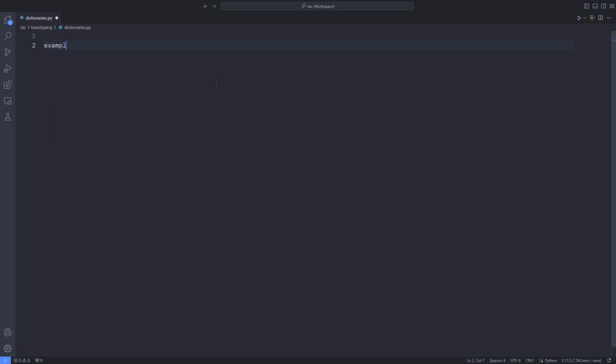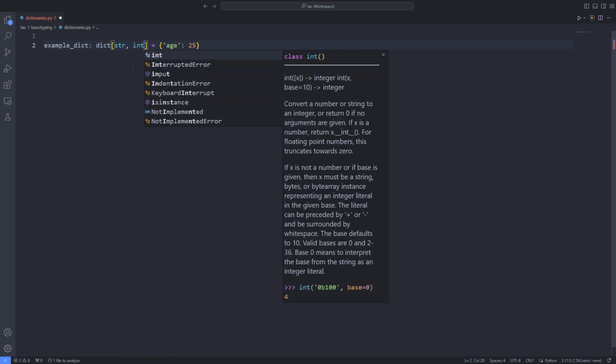In this tutorial, we talk about annotating dictionaries in Python. For instance, I define the dictionary example dict. I assign some keys and values to it, for example, age, and assign the value 20. To annotate this dictionary, I can use the dict type. To specify the type of keys and values for this dictionary type, we pass the type of the key of